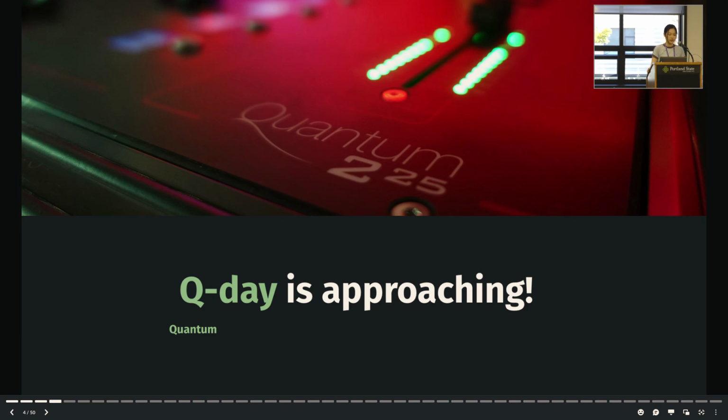So Q-Day refers to the moment when quantum computers become powerful enough to break the cryptographic systems that are protecting our cyber world today. Many experts believe that Q-Day could arrive as early as the next 10 years. In fact, the National Security Agency has set a 2035 deadline for adopting Post Quantum Cryptography (PQC) across all national security systems.